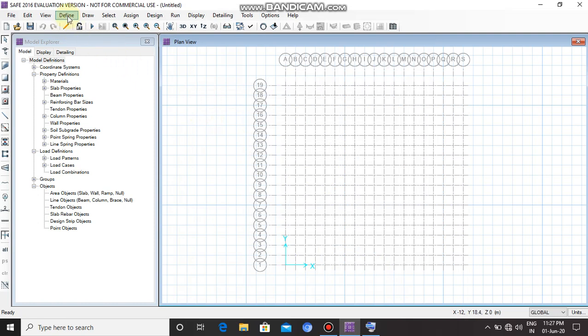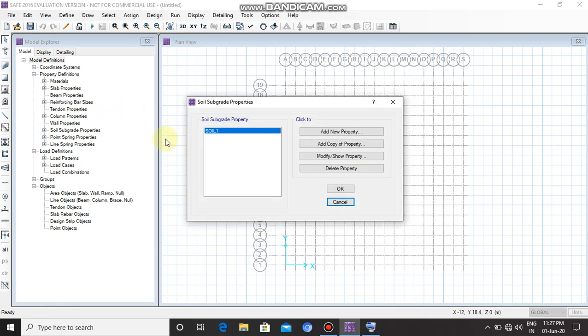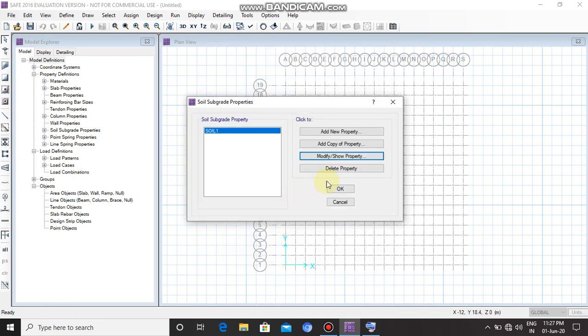Now define soil subgrade properties. Select soil 1, modify show property. Subgrade modulus 3e plus 04. Click on OK. Then OK again.